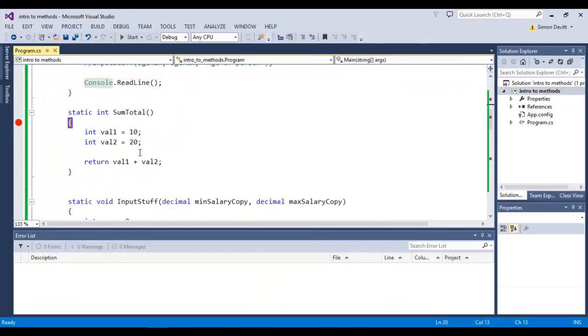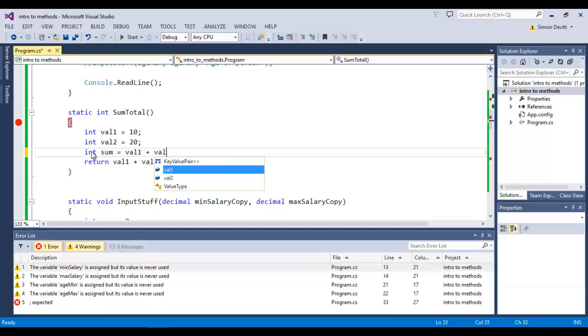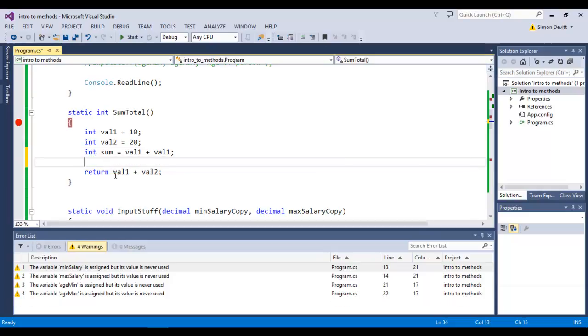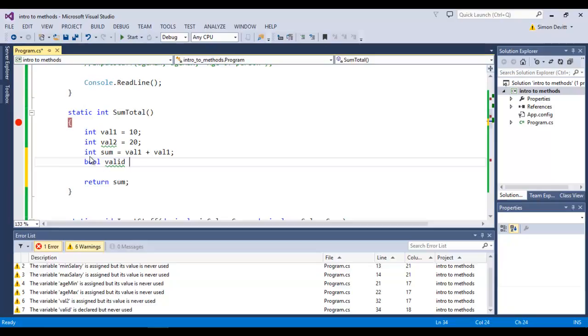Other things that we may choose to do in here is to have the calculation done directly, and then we'd simply return the variable sum back to the program. That's one of the things that we can try and do. Other things that we could do is have maybe a variable called bool valid, and as a result it will return the fact that it's either true or false, as some kind of calculation has been performed. So we could say if